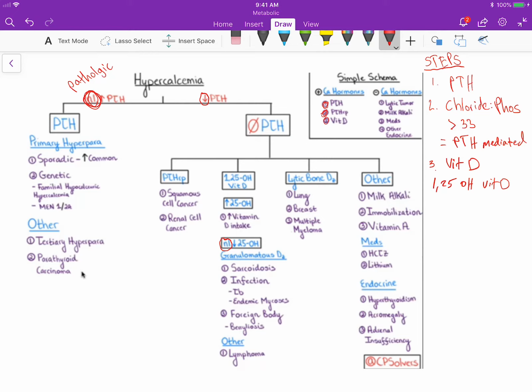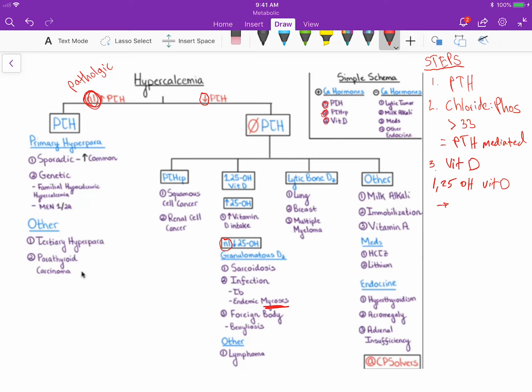If in fact we see that we are suspecting abnormal conversion in the absence of excess vitamin D intake, then you got to think of granulomatous diseases such as TB or sarcoid or other types of fungal infections, in addition to borreliosis or foreign body digestion. Okay. So there's our mycoses down here, and then really there's two reasons why you could have an elevated 125 hydroxyvitamin D in the absence of excess vitamin D intake,